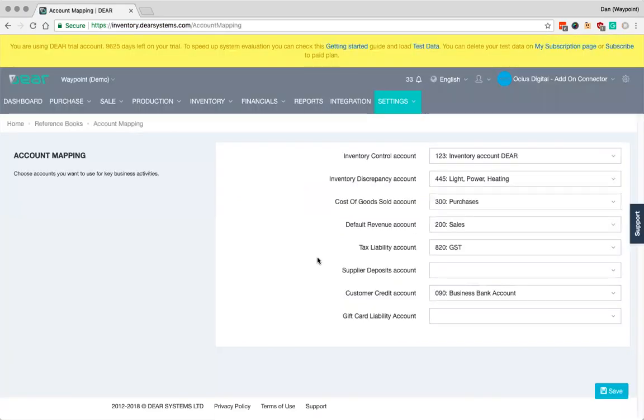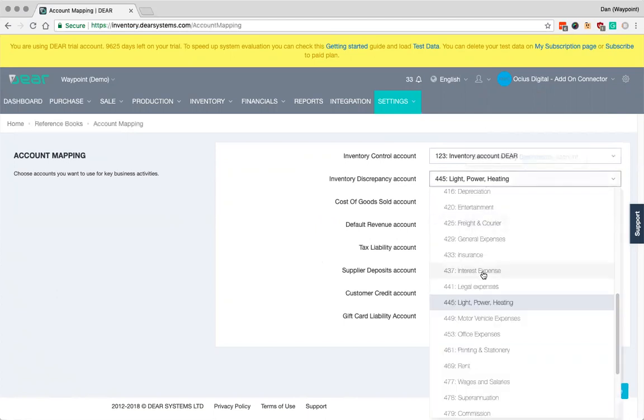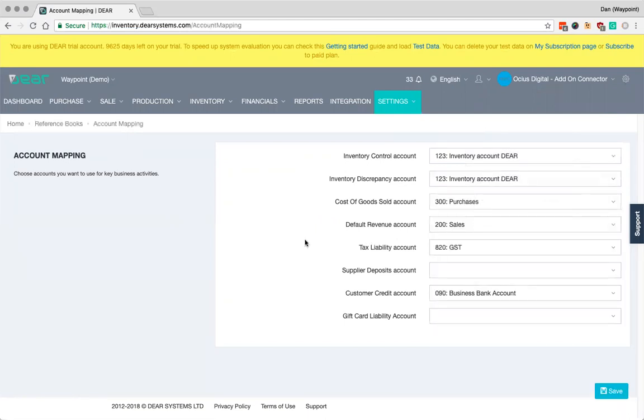It's important to note that Deer does not have its own accounting ledger. It simply uses the accounting ledger from your accounting system. So if we need, for example, a new expense account or a new cost of goods account, then this will have to be placed within Xero or QuickBooks respectively, and then will have to be synced through by Waypoint. All of these accounts here are default accounts, so it's also possible to have unique accounts for